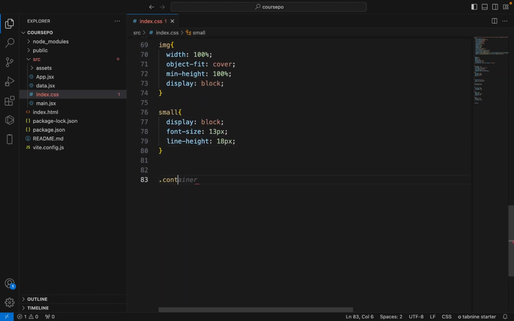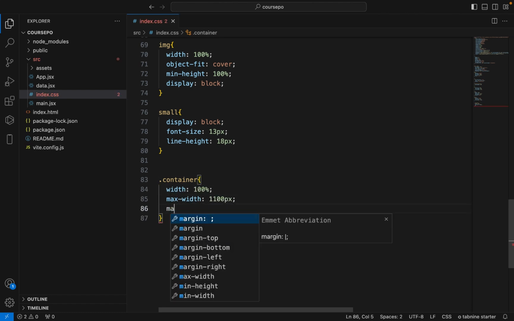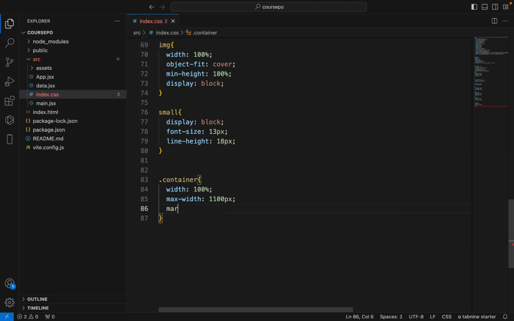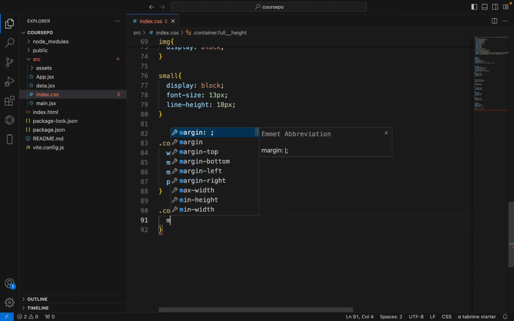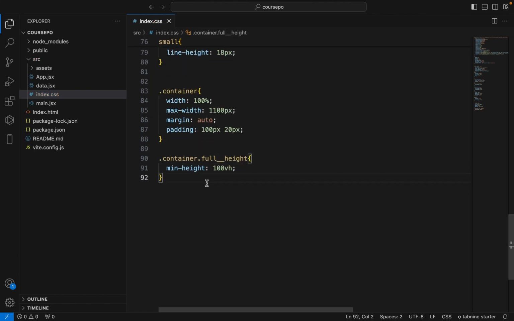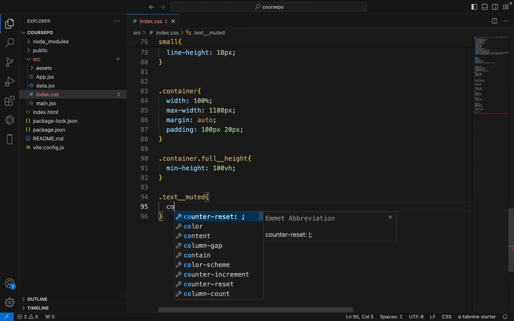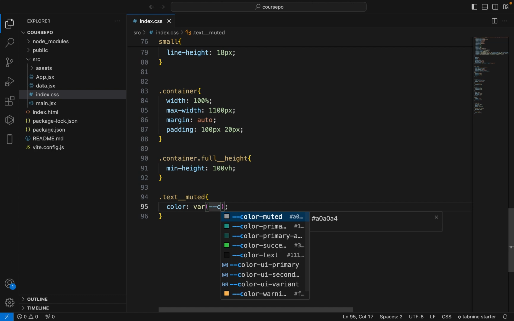So all these styles we are writing right now, we are going to be making use of all this in the components we're going to be creating in this project. The reason why we are creating all of these classes is so that we can make use of them in the different components we are going to be creating without repeating code. This will save us from writing a lot of code. Okay,